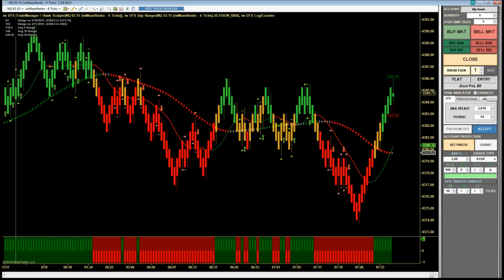Yesterday's range was 102, so as far as the averages go, it's contracting even less, and today's range so far is only 63 ticks. There's several ways you can use this. Sometimes I like to use this